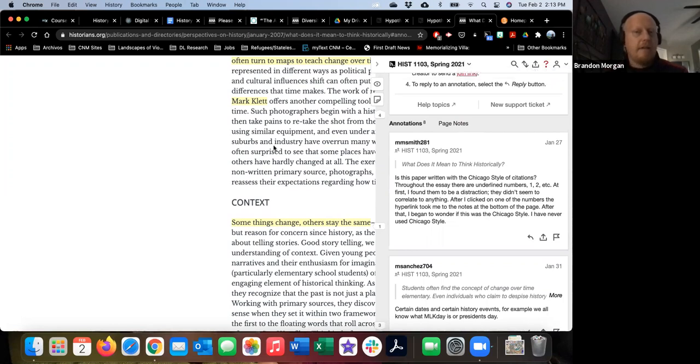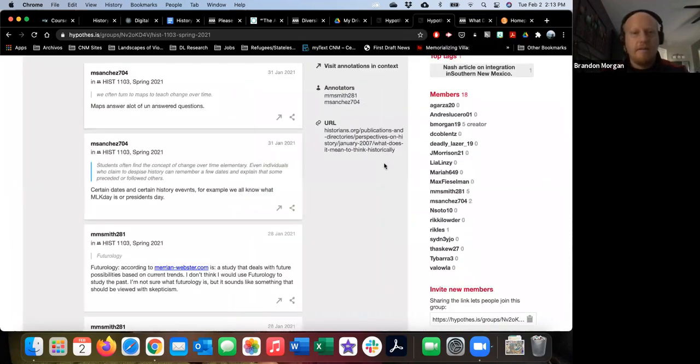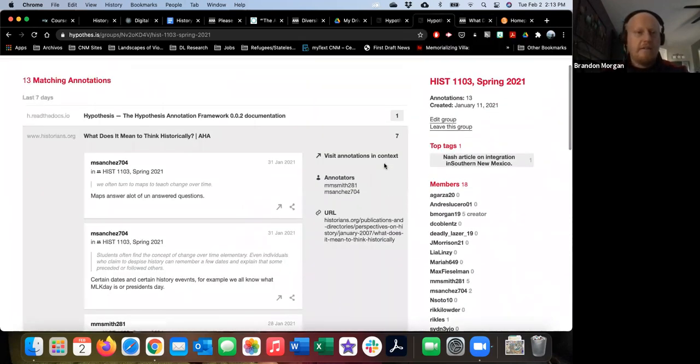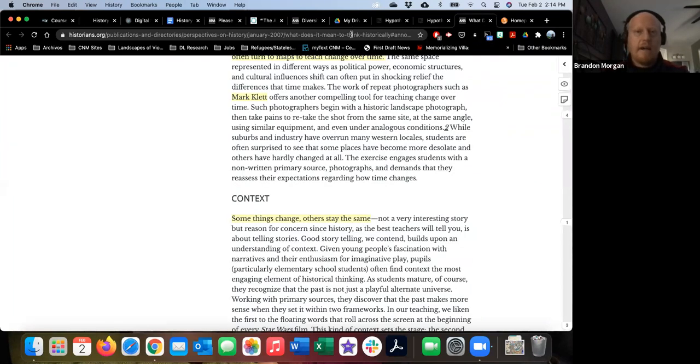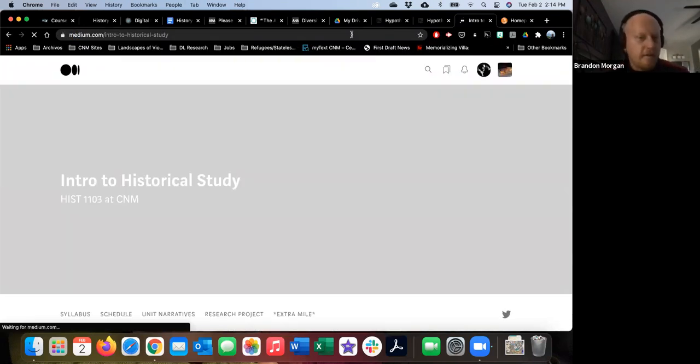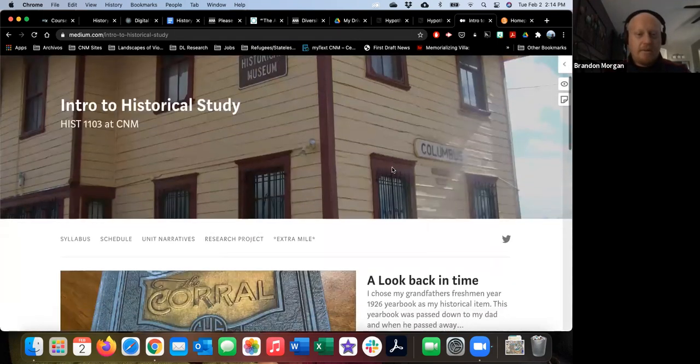Something else you might have to look out for too is, well, let me show you how to get to this a different way, just so that we can come at this from a few different angles. So this is the other tab where I had hypothesis open. Here, I'm going to go back to our course on Medium. If anybody gets lost or I do things too quickly or it's a jumble, stop me. So here's back to our course on Medium.